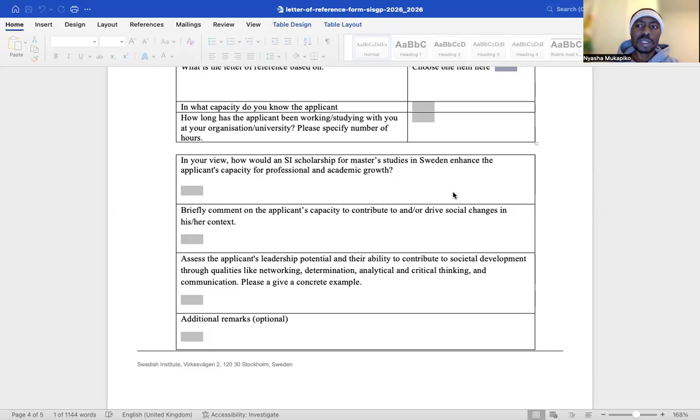So, for example, if you applied for the master's program in media democracy and human rights, you must always link your response to the program, how the master program that you have applied for is going to benefit you and is going to benefit you to achieve your professional and your academic growth. Then